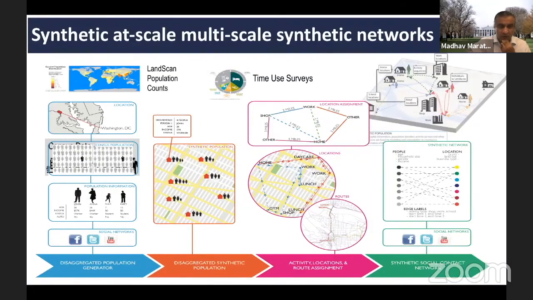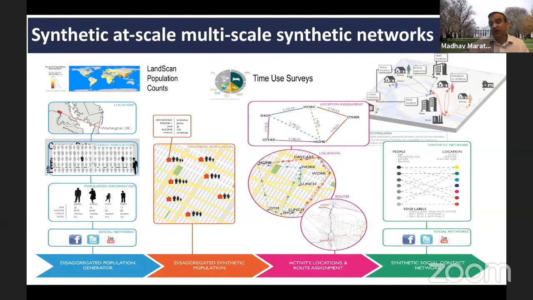So here's a cartoon of how we do it. We take census information, we take travel diaries, we take road information, we take digital traces, we take flow data from various devices, whatever we can get a handle on, and build out essentially what we call a people-location bipartite graph, which is on the right side of your screen. On the left part of that bipartite graph are individuals with lots of labels, and on the right side are locations with labels. And effectively, if a person visits a location L, there is an edge from the person node to the location node, and the edge also has a number of different attributes. So this is the graph you end up generating.